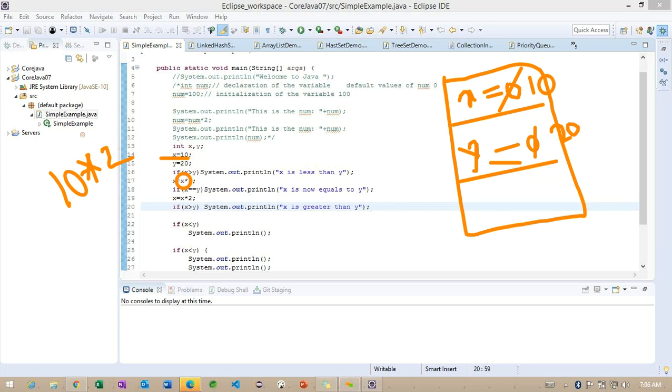Observe here, whenever line number 17 is trying to execute, what we are doing here is trying to change the value, that is, we are trying to multiply it by two. Now what will happen here? Again, the 10 is no longer available. Now the value becomes 20. So how did the 20 come? Because of this particular multiplication operation here.